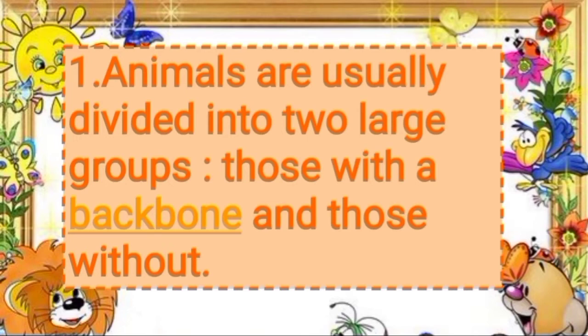So the question is, animals are usually divided into two large groups, those with a dash and those without. So the answer is backbone. As you know, based on the absence or presence of backbone, animals can be divided into two